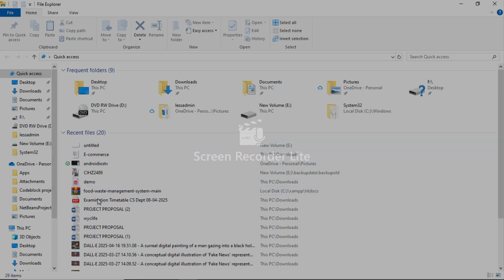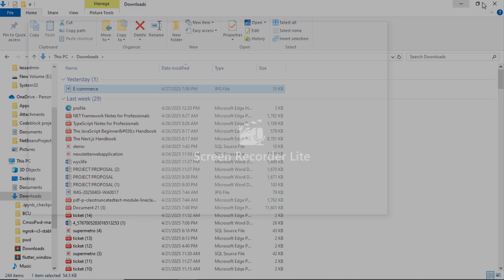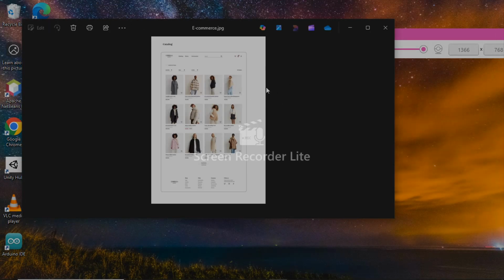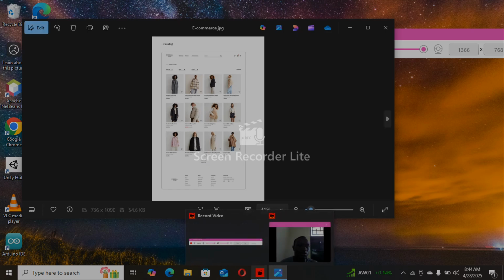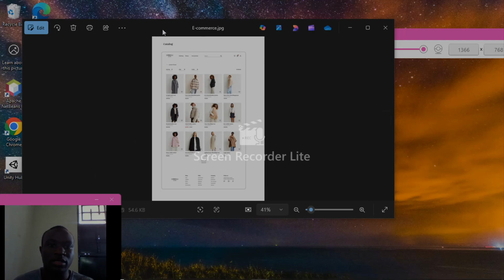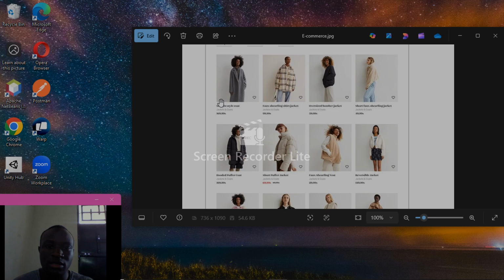Have a look at this image here. I came across this image of e-commerce, and as you can see, this is an image of e-commerce, where it's somewhere like where people do sell